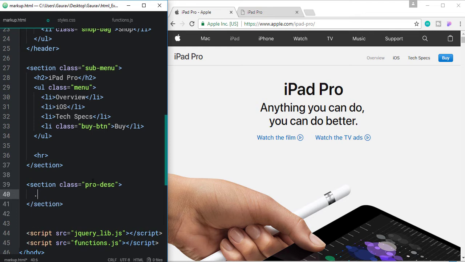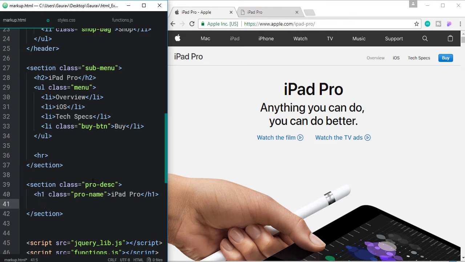So I'm going to create an h1 with a class of pro-name, which stands for product name, and let's type iPad Pro in it. Okay, and then let's create an h2, and let's give it a class of tagline, and let's type that tagline.